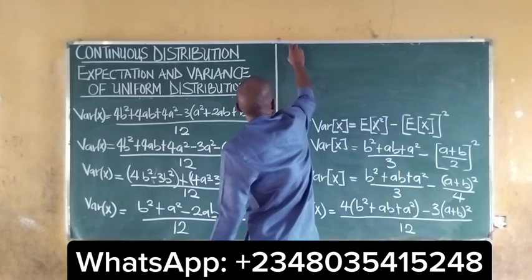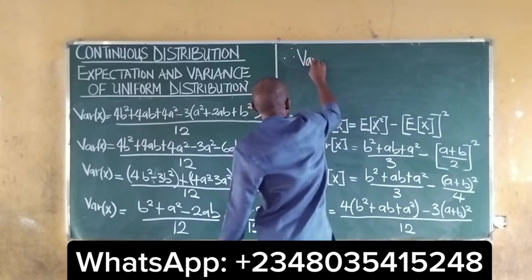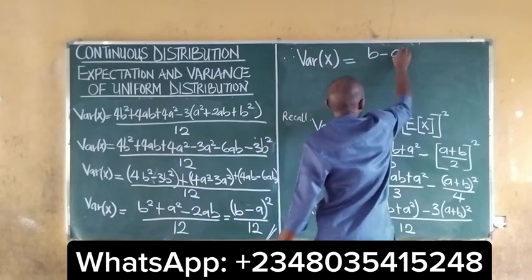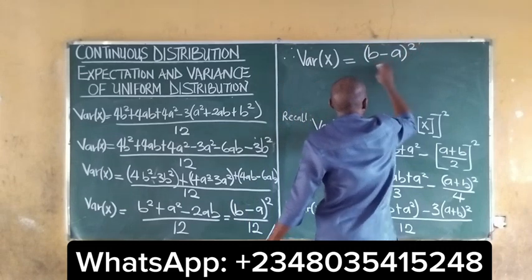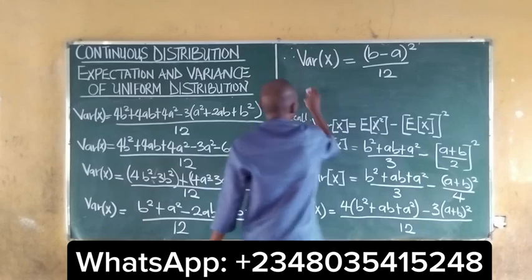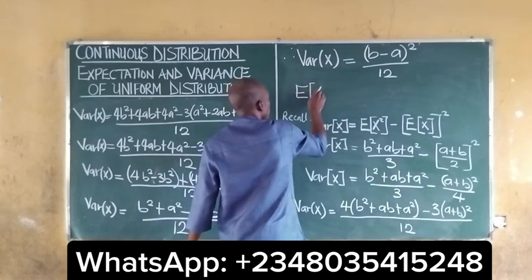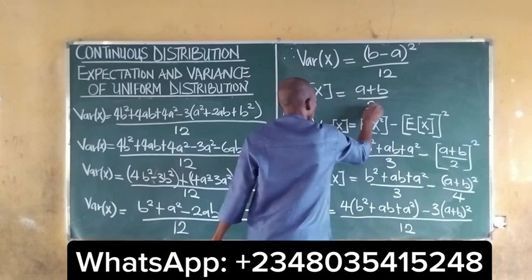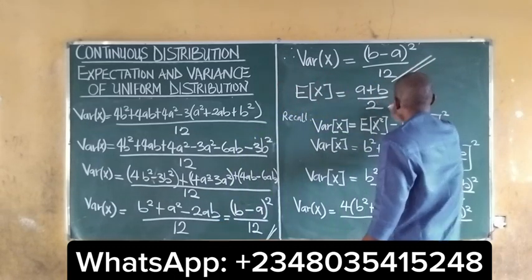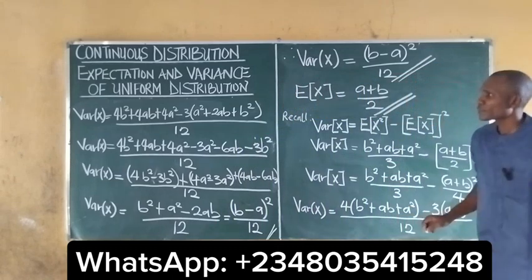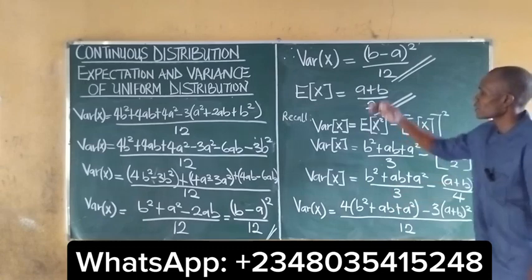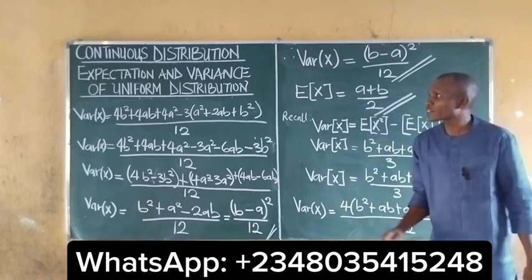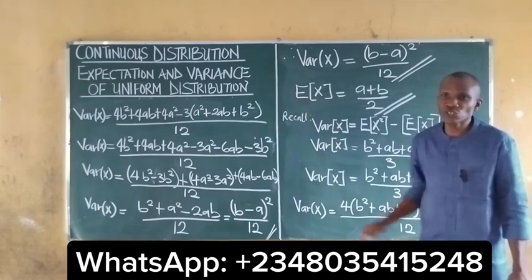So it then means that our variance of x is equal to b minus a raised to the power of 2 all over 12. And we should not forget that we got our expected value of x to be equal to a plus b all over 2. So this becomes our variance, this becomes our mean. So this is how we can obtain the mean and variance, or the expectation and variance of the uniform distribution